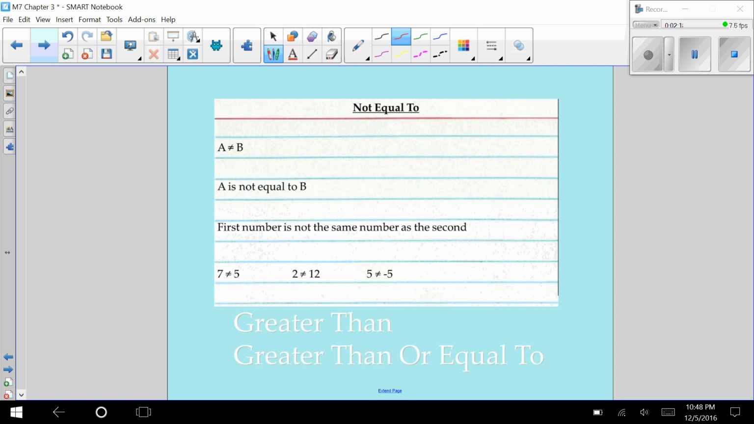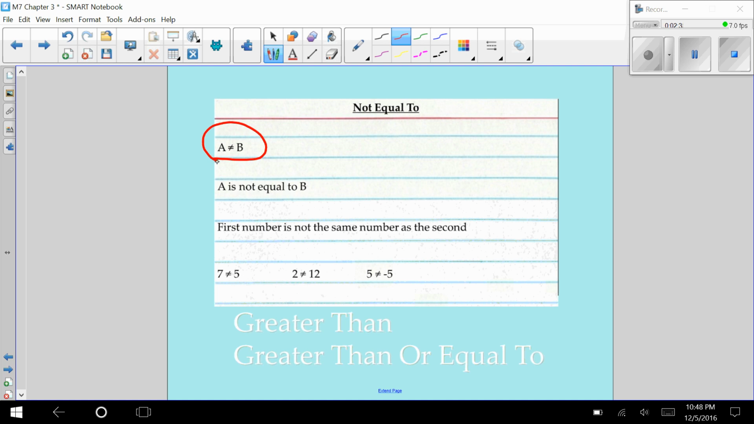Our final inequality symbol is not equal to. There's our symbol right there. We read it as A is not equal to B. The first number just is not the same as the second. So our examples, 7 does not equal 5, 2 is not equal to 12, and 5 is not equal to